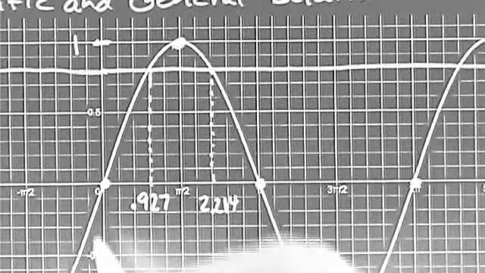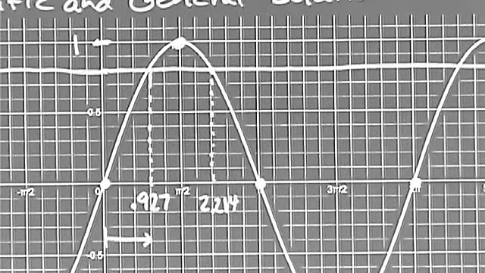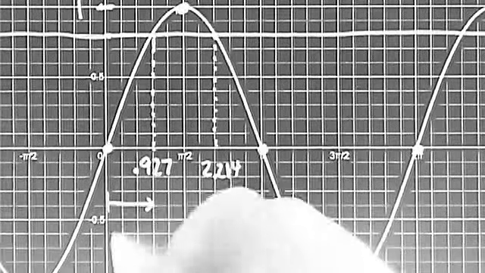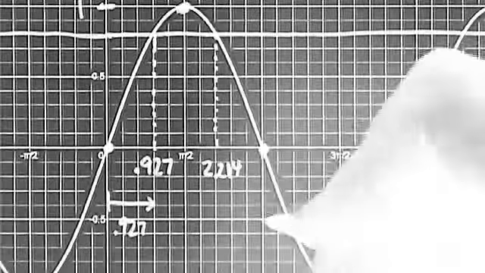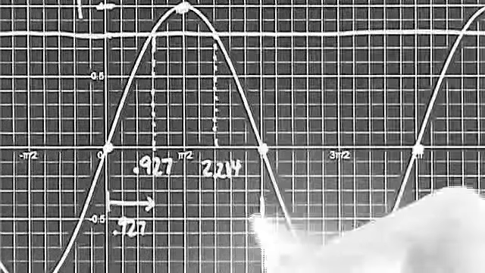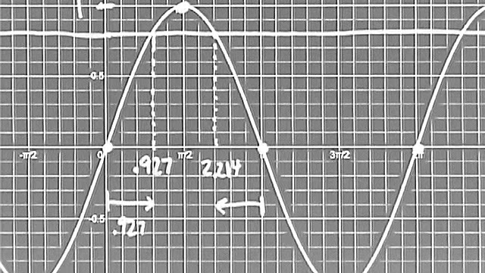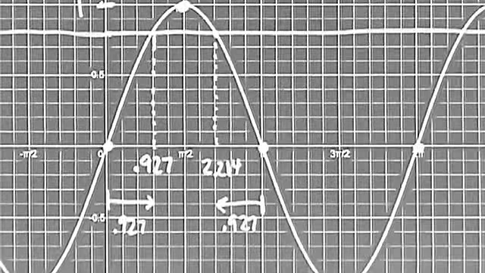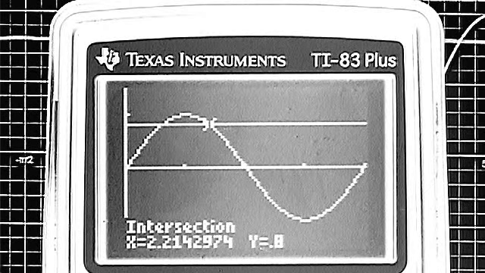Now, what's the distance from here to 0.927? Of course the answer is 0.927. The distance is 0.927 from 0 to 0.927. What's the distance between pi and that answer? Also 0.927. So just to double check this, we could have easily found the other solution